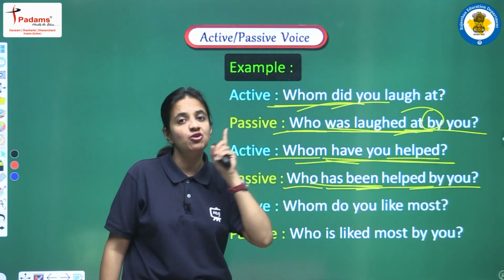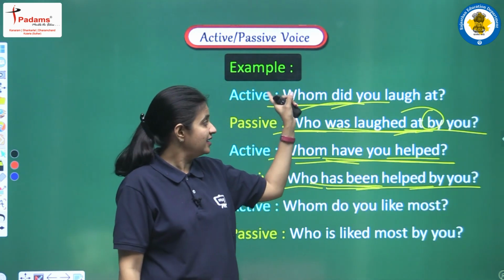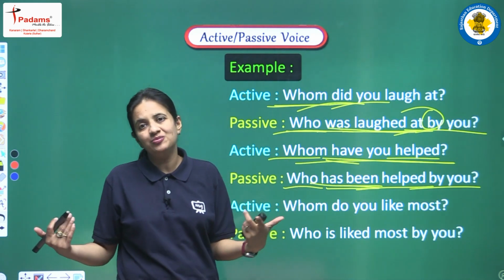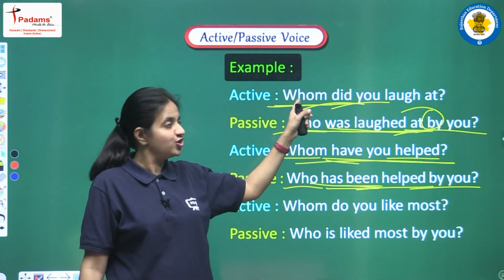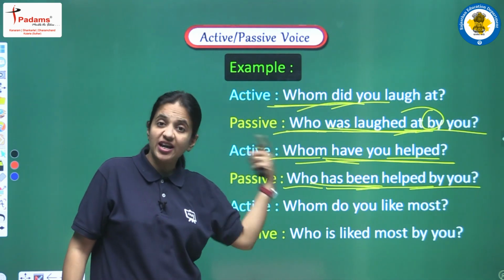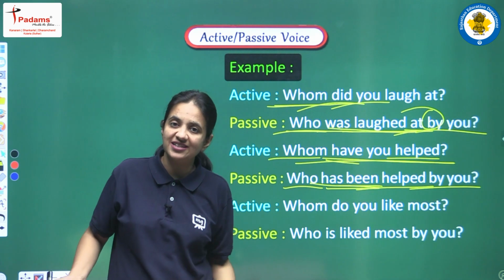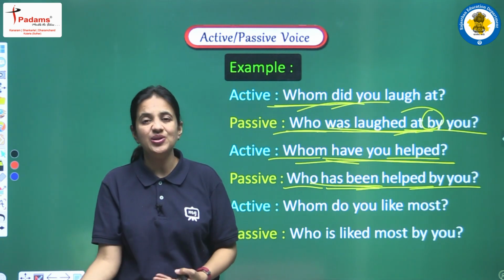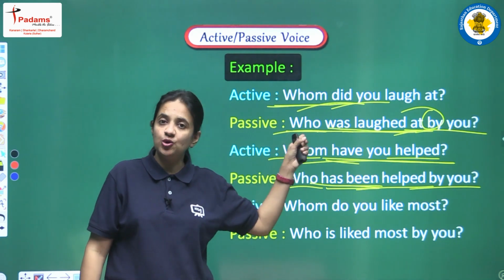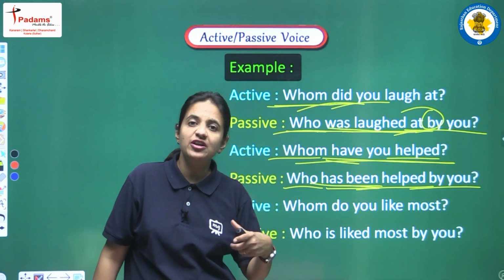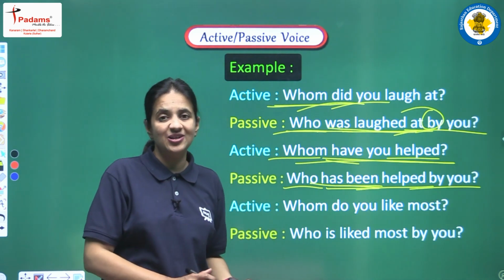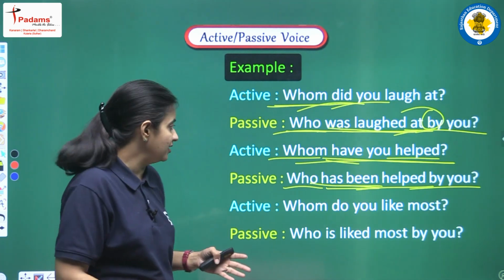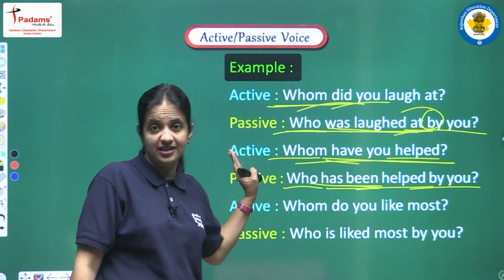So students, observe one thing very carefully here, that in all these sentences we have no object actually. Why do we have no object? Because when we have a question with whom, obviously the object is the answer, right? Like in the who sentences we did, there was no subject in those sentences. Why? Because the subject was the answer only. And now when we have whom as a question word, we have no object because the object is the answer only. Okay, so this is a very important difference which you have to learn very carefully. So now we have no object in the sentence, right?